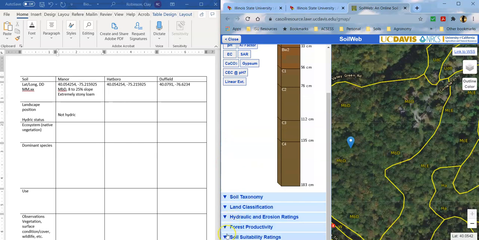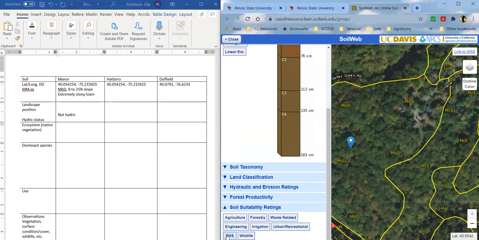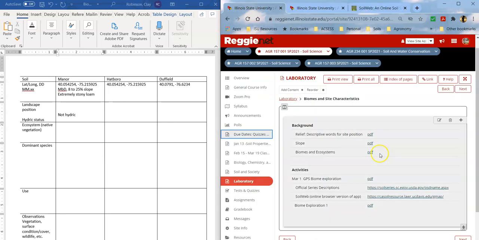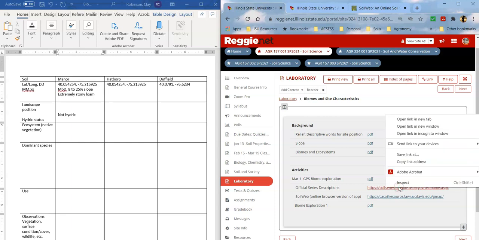What else do we have here? Suitability ratings. We can pick some suitability ratings that you might find in making information or finding more information about this soil. But before we go on, I'm going to show you the other tool that we'll use to find information, and that's the official series descriptions. So if I go to the official series descriptions,